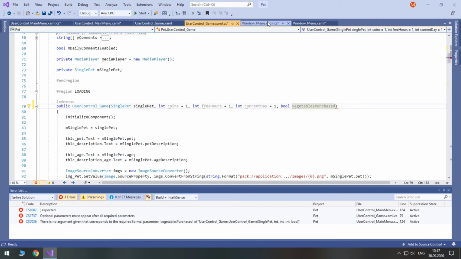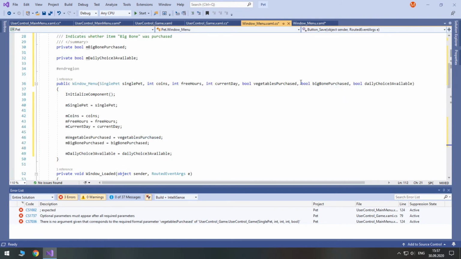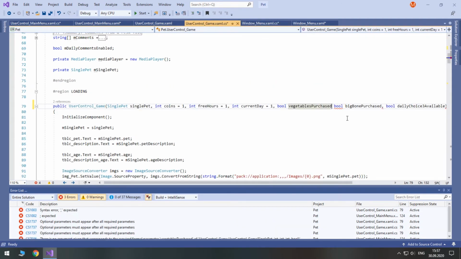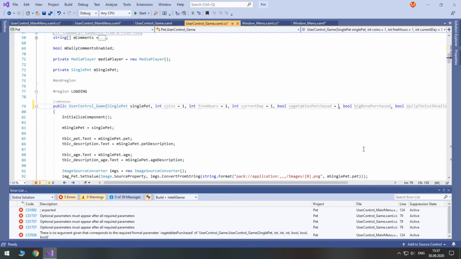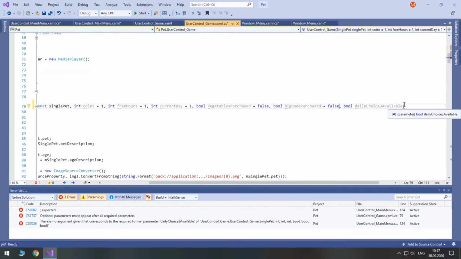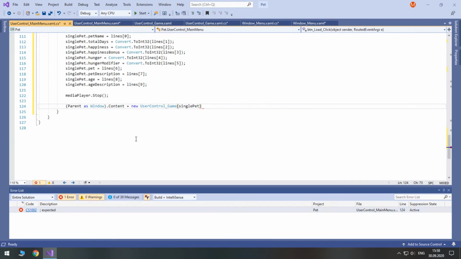Actually, we can copy it from here, but you see here they are required, while here they will be optional. So vegetables purchased will be false by default, the same with big bone purchased, and daily choice 3 available as well. Let's return to our main menu.